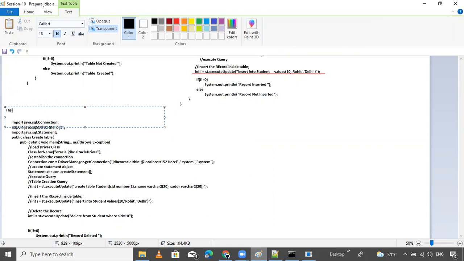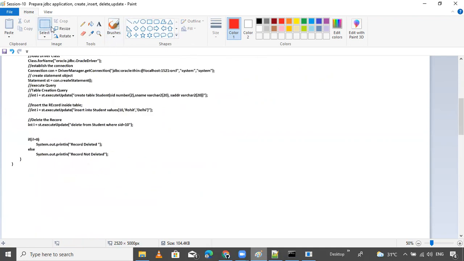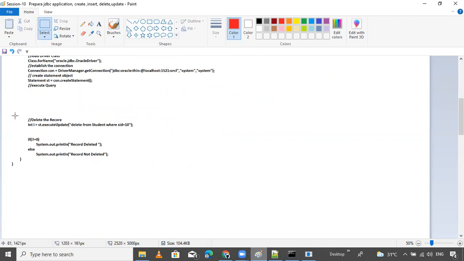This code is for deleting the record in the database table. Inside that, this create table statement and all these things are not required. Go delete it and set.